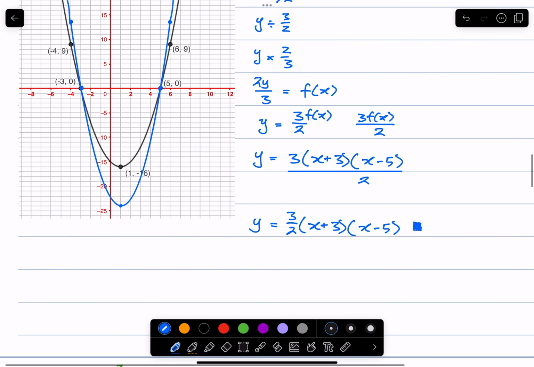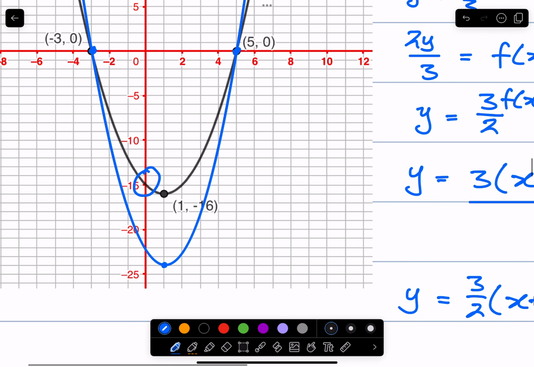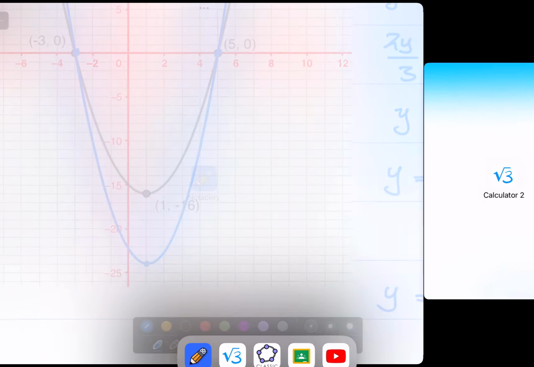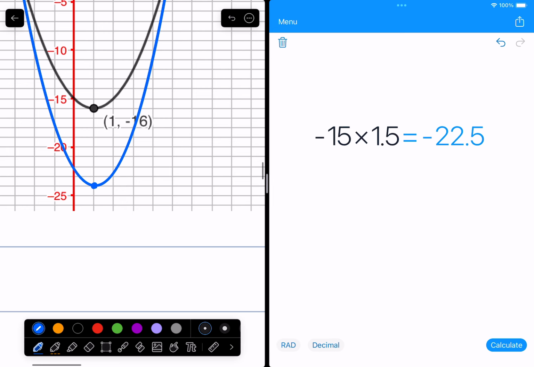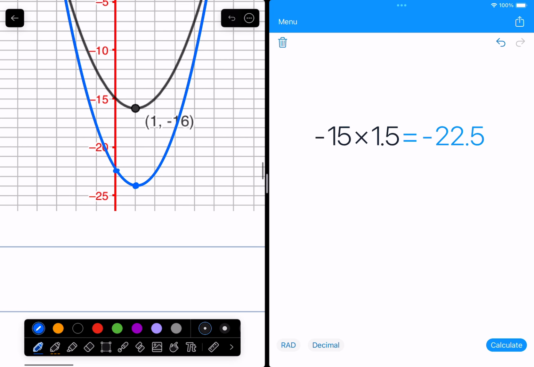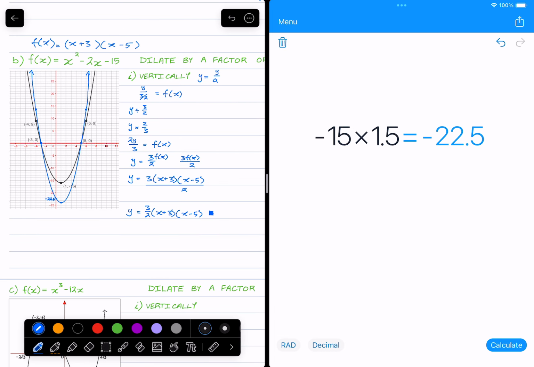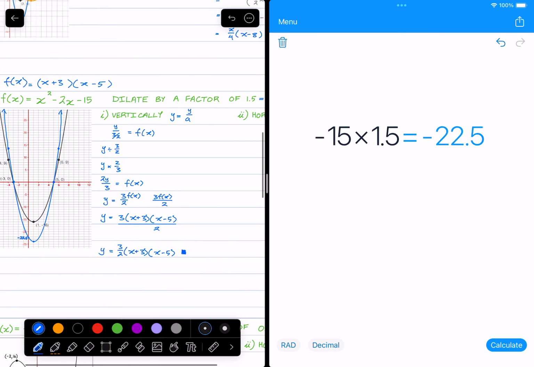In actual fact, we missed a little point here. That point would be 15, and just to clarify what that new y-intercept would be, negative 15 times 1.5 should be negative 22.5. Now, it looks like the scale is not quite correct in this, but I hope you still get the idea that that point there should be negative 22.5 as our y-intercept. So now let's move on to the